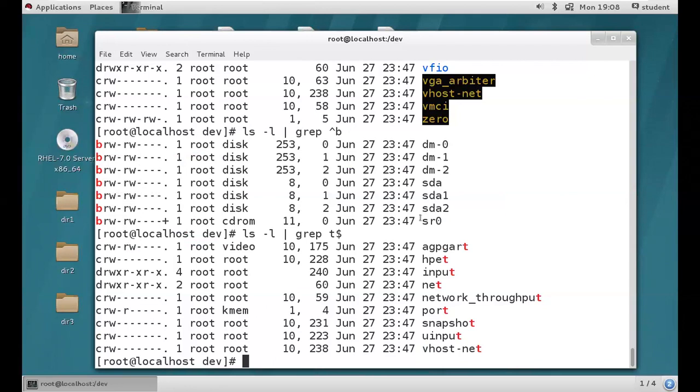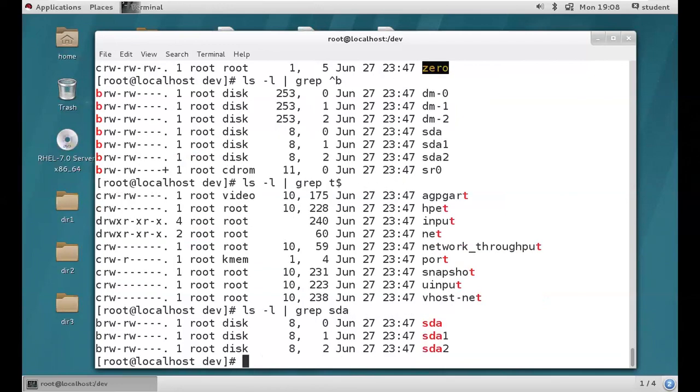So if you didn't provide any expression, what will happen? For example, sda, I'm trying to provide it. It will consider the file name instead of the first letter and last letter from the output. If you didn't provide any expression, caret, dollar like that, and you provide a name, it will consider the file name. So all the files related to sda we are going to get.